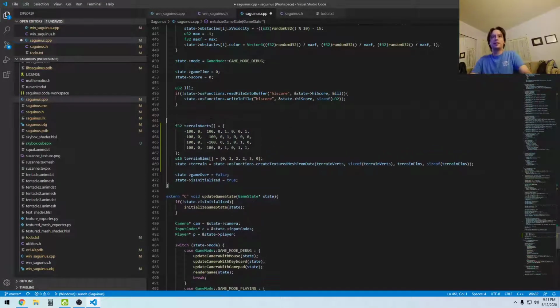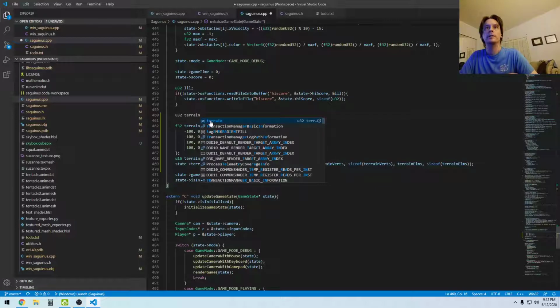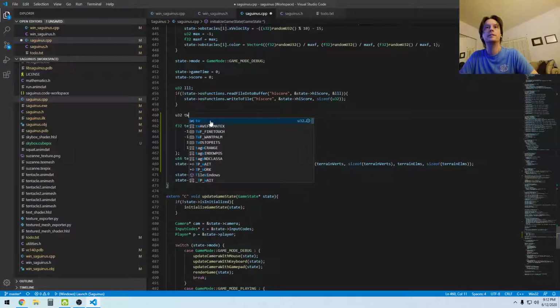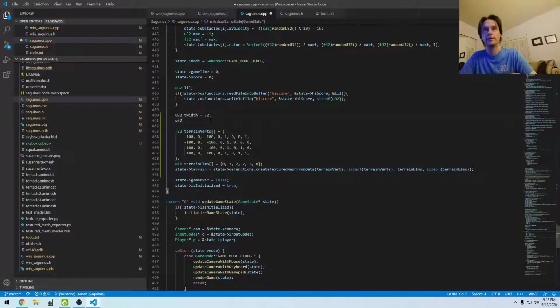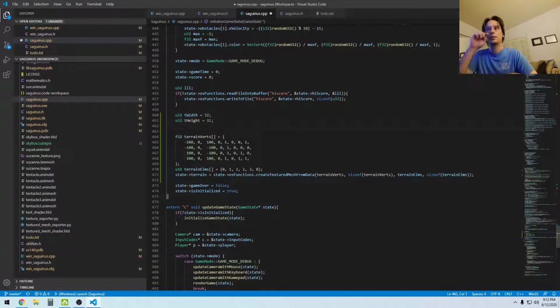Okay, so now let's try to actually make it bumpy. Alright, so I'm going to say U32 terrain, I'll say T width. Let's do 32 by 32 for now. And so now I want to